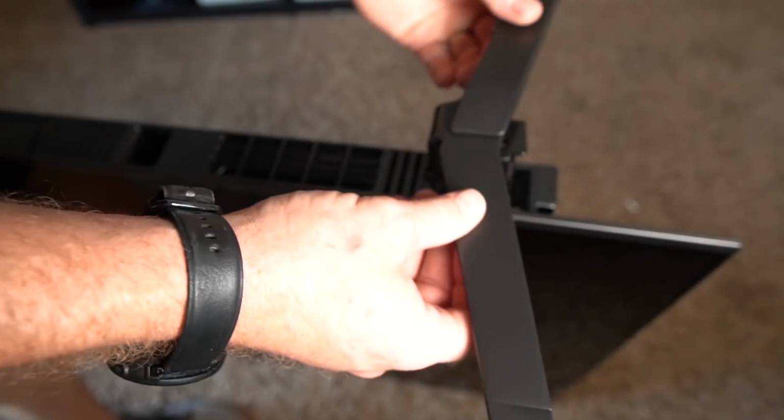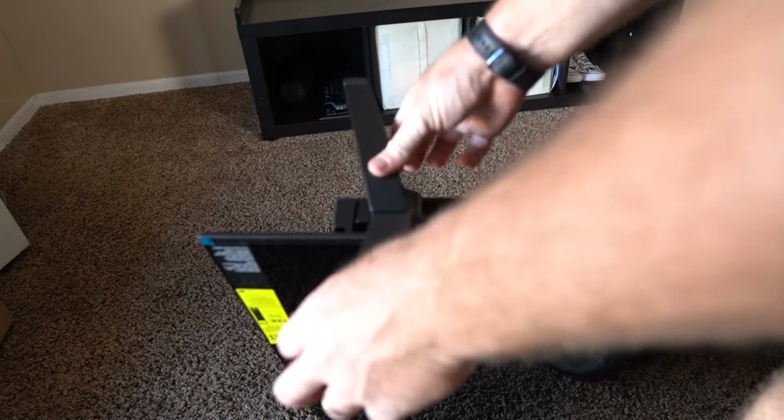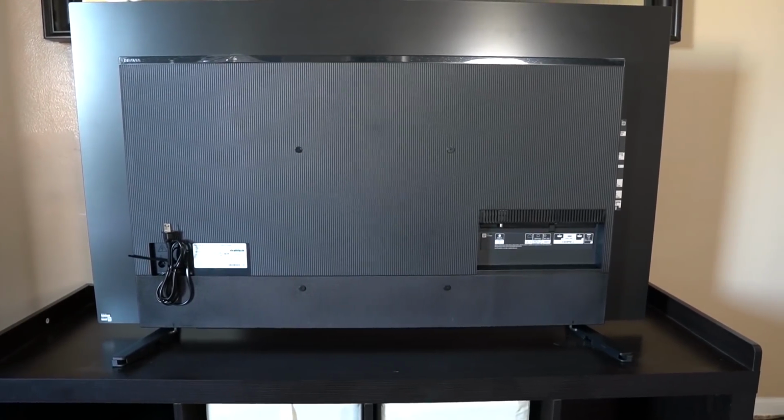So as I said, we're gonna talk about what's in the box. And the first thing is the TV stand. And first we'll start with the Sony. Now the Sony one is pretty easy. It just has 2 feet that go kind of wide, and you just slip them straight down on the TV and flip it upside down. So anyone that's looking to just get instant gratification and get their TV stood up, the Sony is definitely the